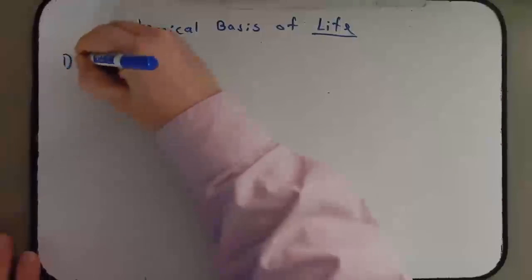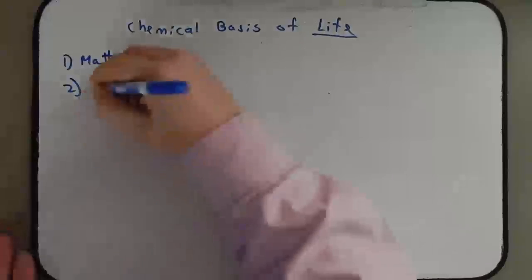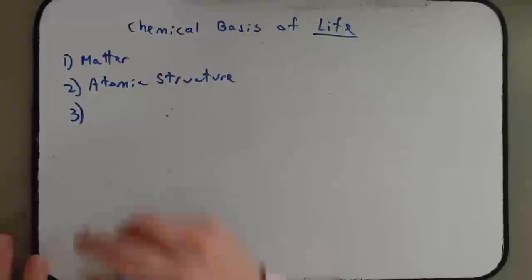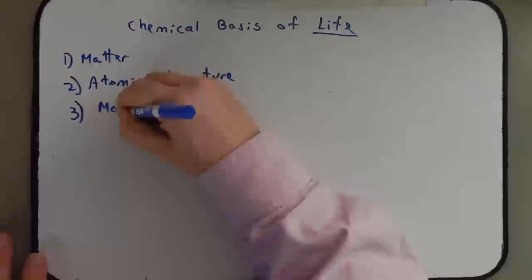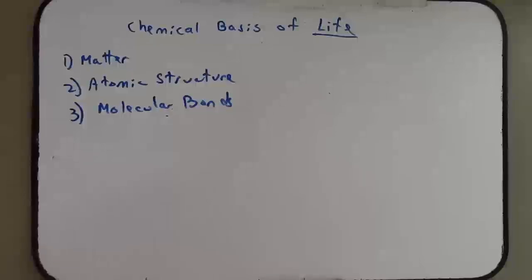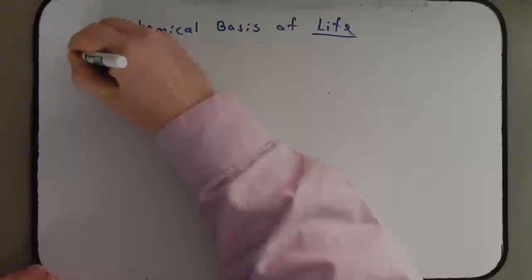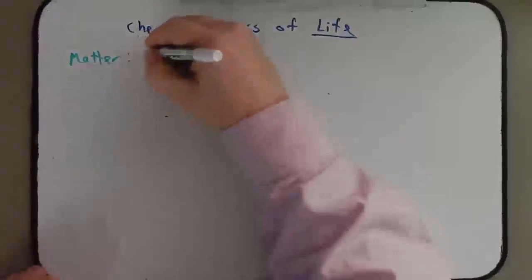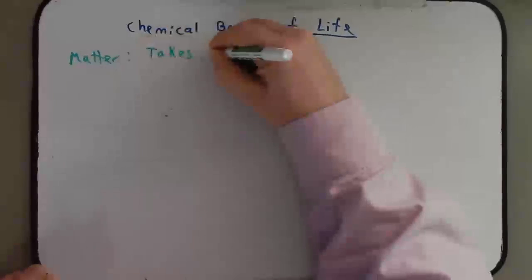We're going to begin by talking about matter, and then we'll talk about the atomic structure, and then we'll talk about molecular bonds. But let's go ahead and get started with matter. So let's begin with a simple definition for matter. In general, we can think of matter as anything that takes up space